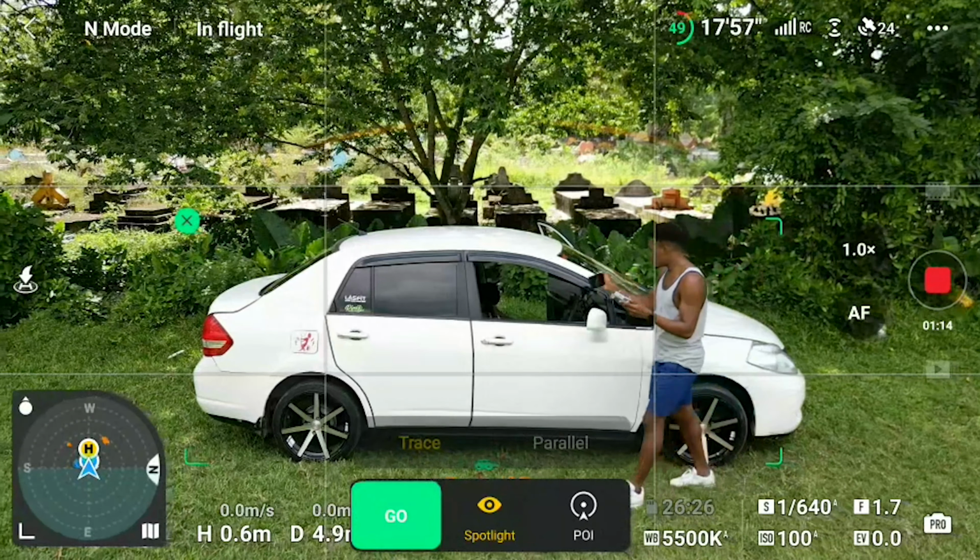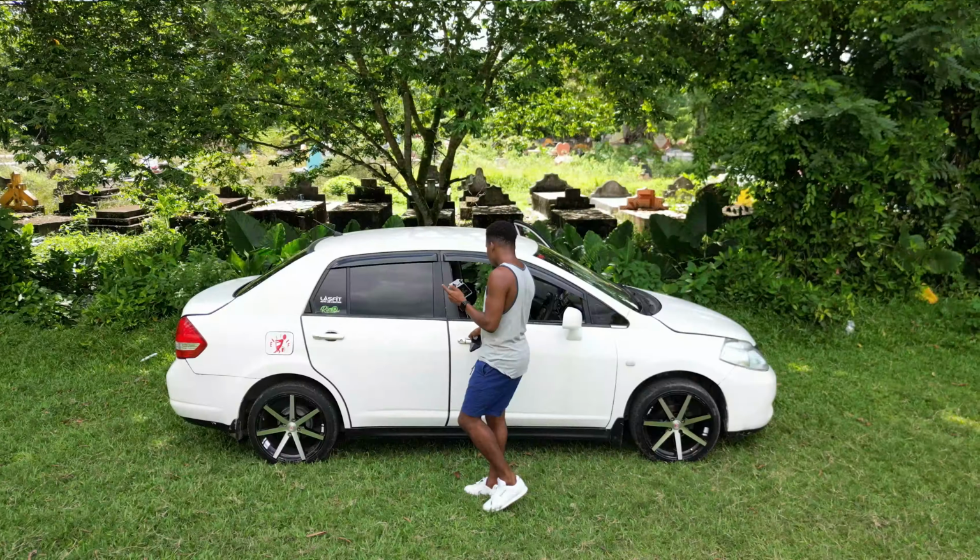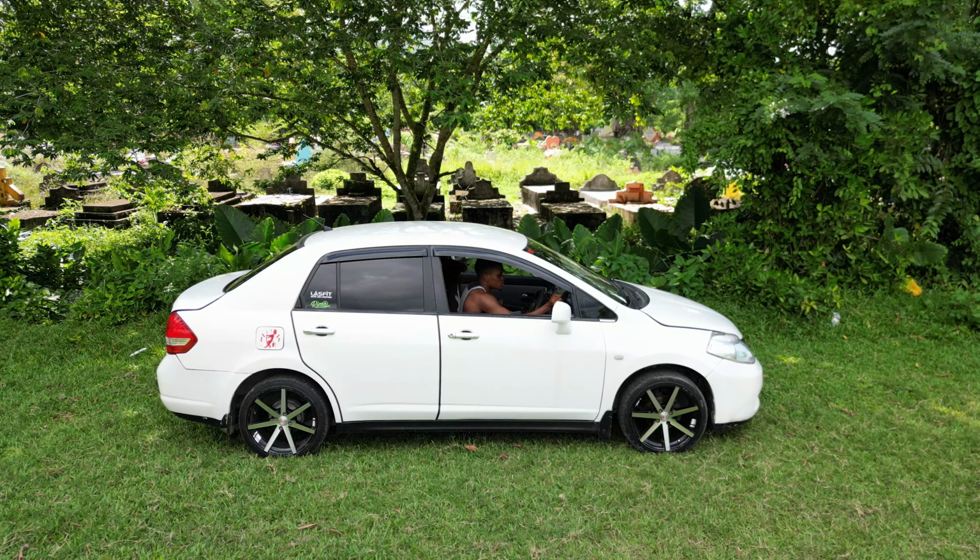So I'm gonna go inside the car right now. I'm gonna drive off and I'm gonna see how well it will track the car right here. So as you guys can see,